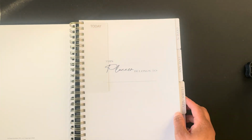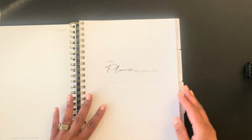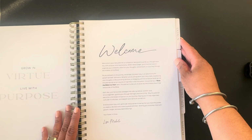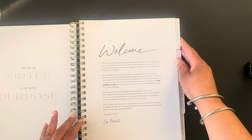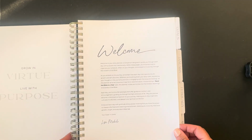Oh my goodness. So there is a name page right here, this planner belongs to. It says, welcome to your daily planner, a companion designed to guide you through each day with purpose and intentionality. Within these pages, you'll find the tools to organize your schedule, reflect on your thoughts, and embark on a journey through the wisdom of the Bible. Girl, I'm not going to read the whole thing, but